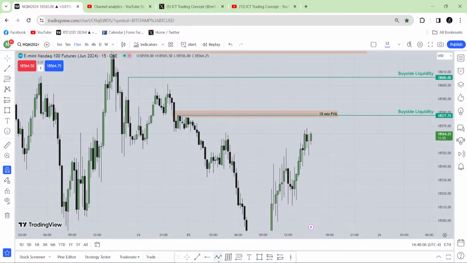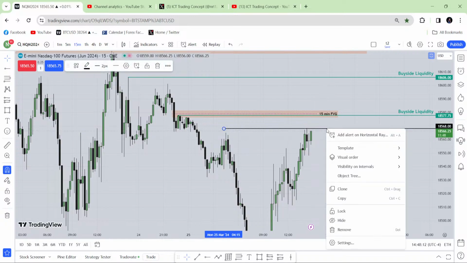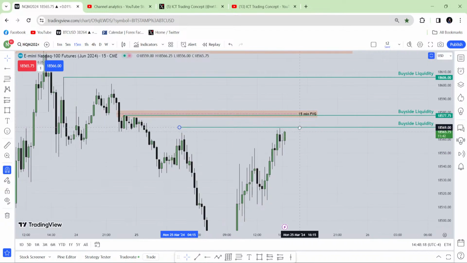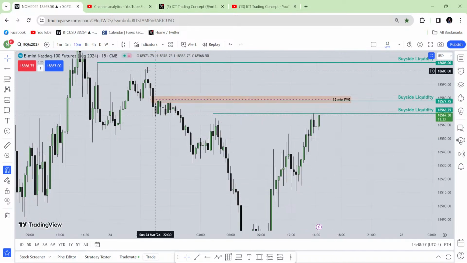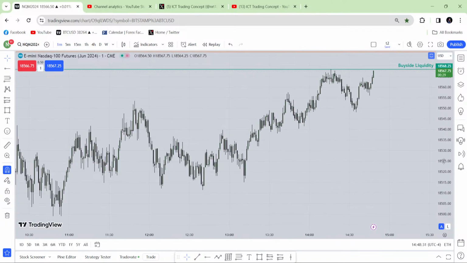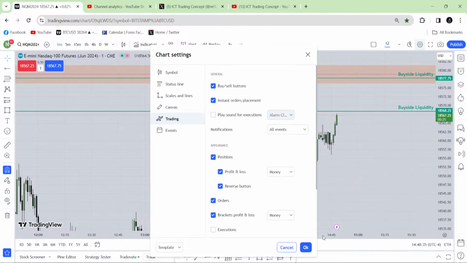What do you see over here? What is this called? You know what this is called? I believe that you know. So even after seeing this, if you are going to take a short, that means you are not reading the story. You have to read the story. From the 1 minute chart, I don't agree with you. Yeah, so that is what it is.